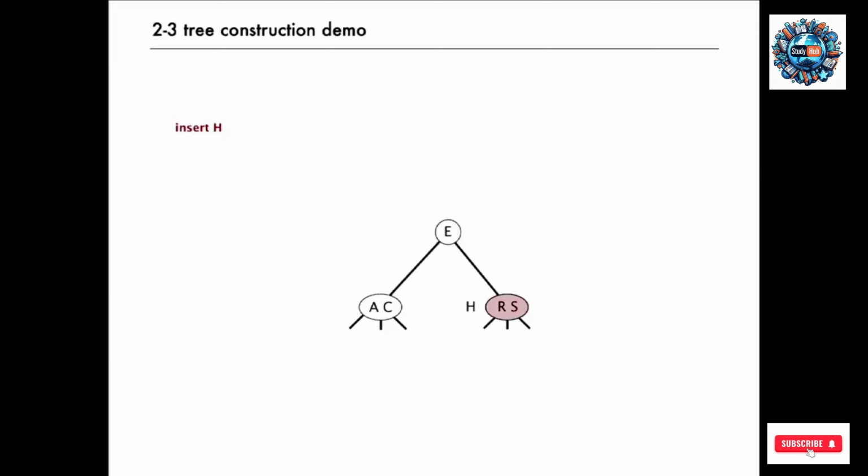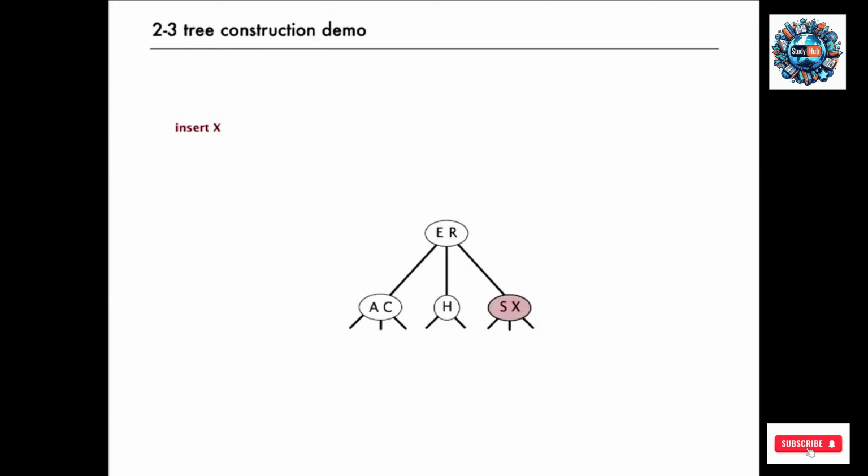Now we insert H, that goes to the right of E, that 3 node gets converted into a 4 node. That's a temporary 4 node, we split and move R to the parent. Now that parent's a legal 3 node, and there's nothing more to be done. We have a legal 2-3 tree. Insert X, it's bigger than R, goes to the right. There's a 2 node, there's room